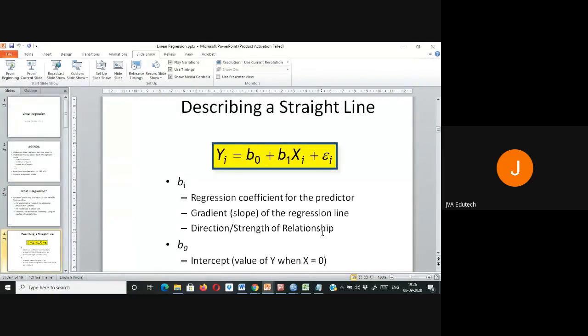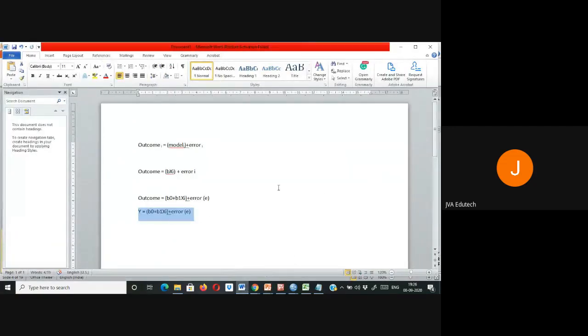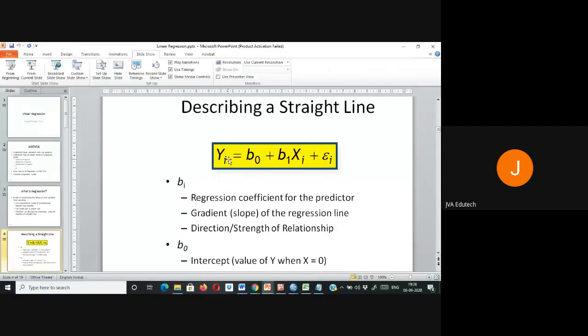If you put this into a regression equation, y for the ith term is equal to b0 plus b1 x1 plus error for the ith term,